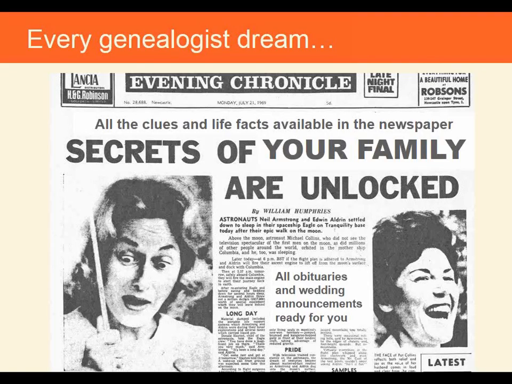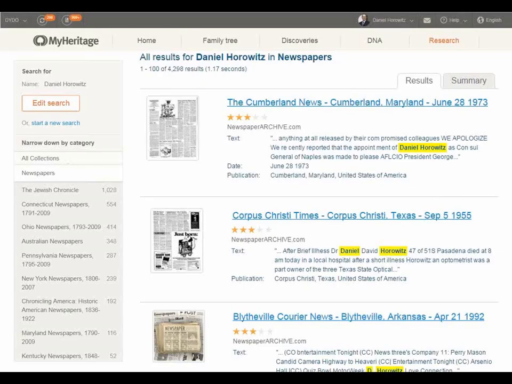Now, I would like to dedicate a couple more minutes to talking about newspapers, because newspapers are actually the dream of every genealogist. Here, you not only get the facts, but you also get the history, you get the gossip, you get all the information about what happened in your family. And newspapers are a little bit different than other types of records, because remember, we were talking about structured records. So newspapers are done with OCR, meaning that a machine, a computer, will try to read the different characters, will try to make sense of it, will put it in different phrases that we can search and we can actually find information. The challenge here is, by not being a structured collection, that you may have, like in the first example,